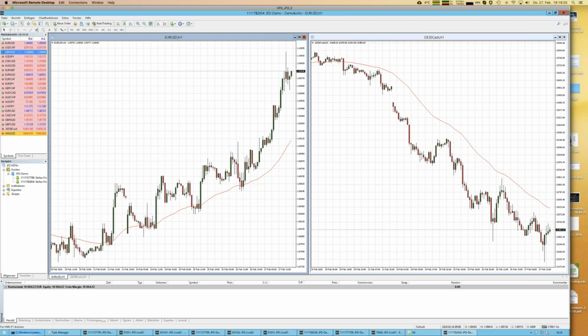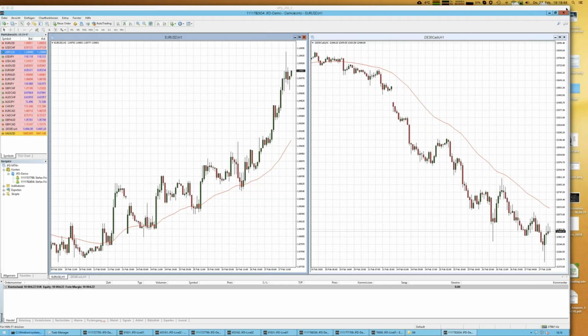That's a quick introduction to what you can do with the charts. There are a lot more things, even changing the colors: right click into the chart window, go to properties, and then you can change anything. For example, the green color for long candles is just my choice. And now I want to open a trade, just so you see how that works.